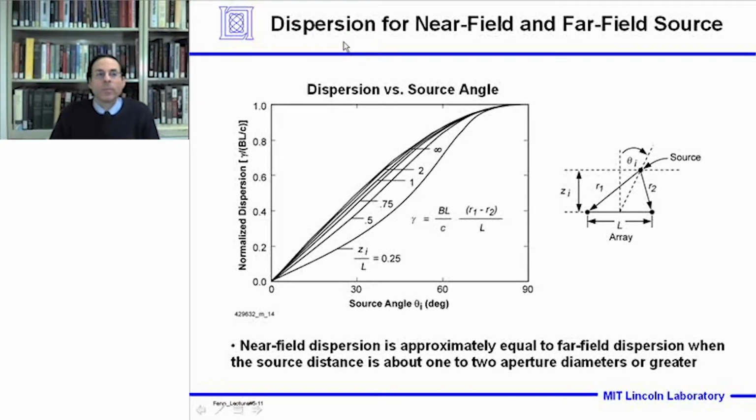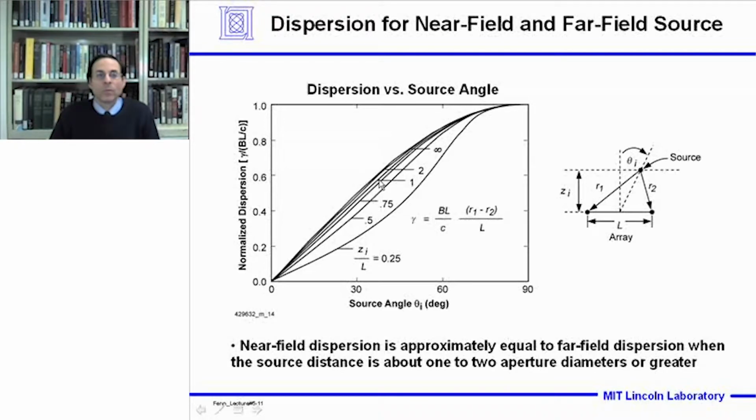Now, if we examine the dispersion or time delay for near field and far field sources, and we express that in terms of a normalized dispersion multiplier, as shown here, which is essentially BL over C times the path length difference between the endpoints of the array and the source, normalized by the length of the array. So when the source is at infinity, the normalized dispersion follows a cosine curve,